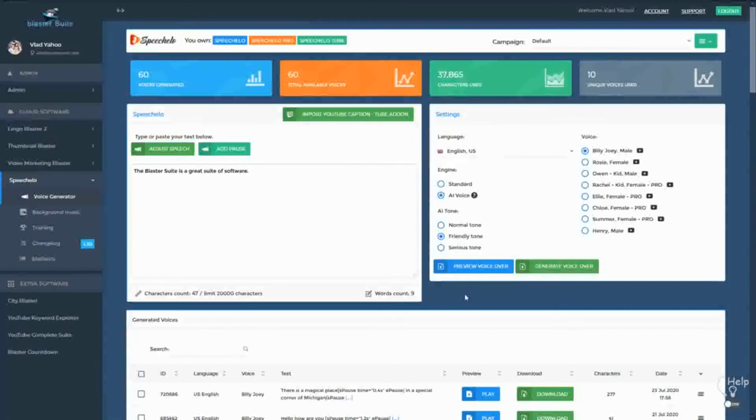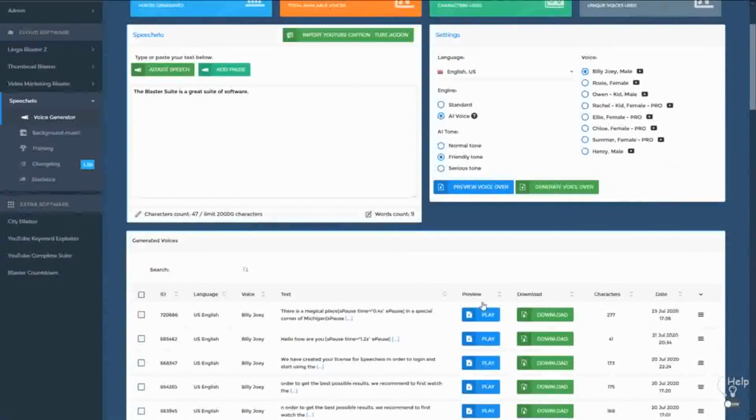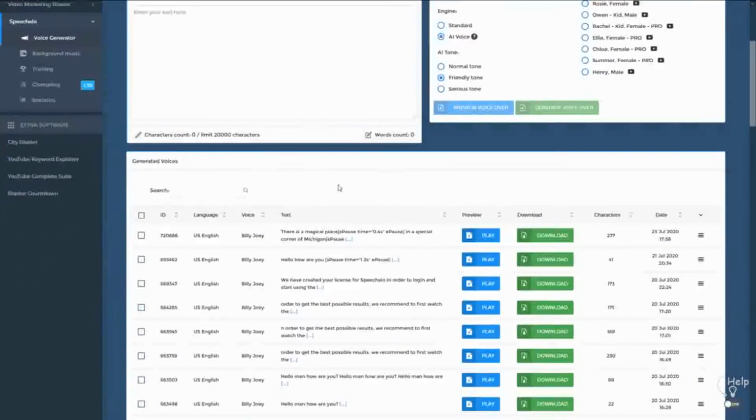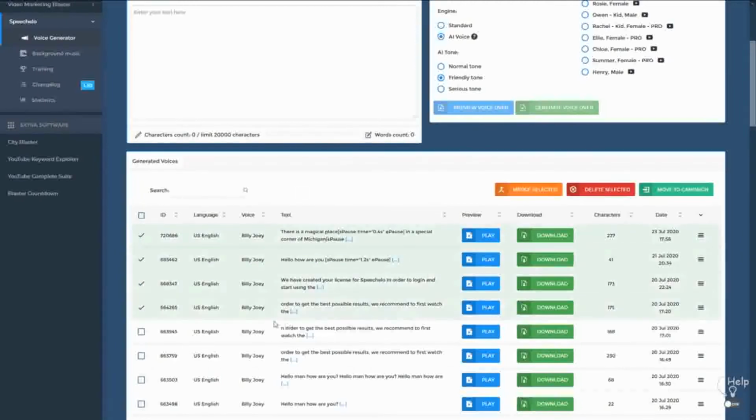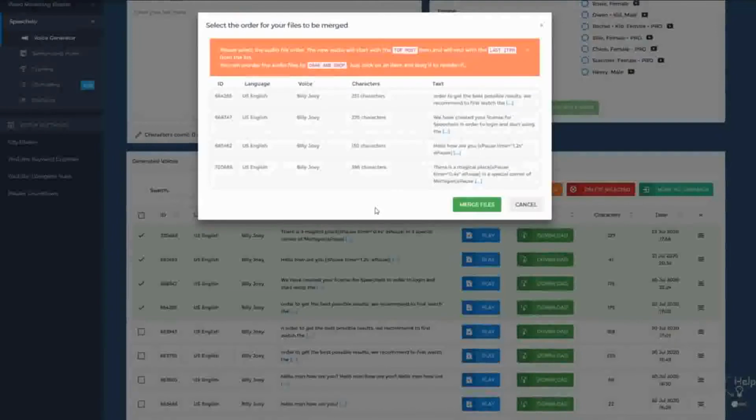Now, a great new feature that was added to Speechelo is the ability to merge multiple files. So let's say that you generated 3 voices. It can be from the same actor or different actors or different genders. So I'm going to select the audios that I want to merge. And right now you have 3 options. You can delete them, you can move all the audios in a new campaign, or you can use the merge function. So click on merge, and right here all the voices that you selected will be merged in one single